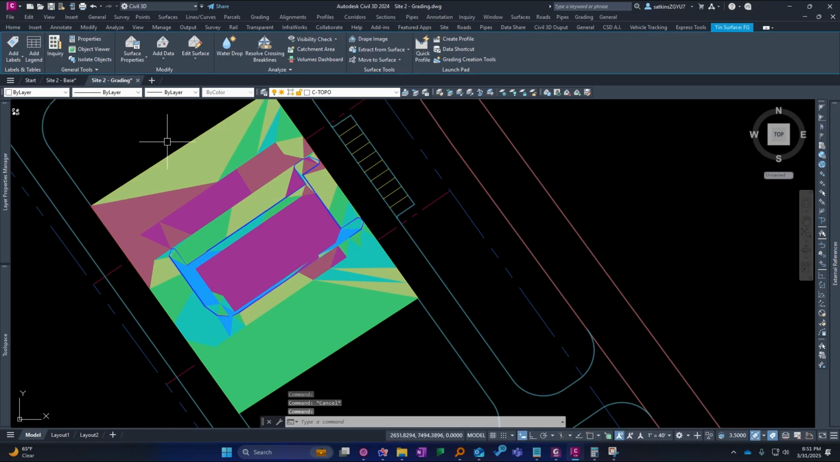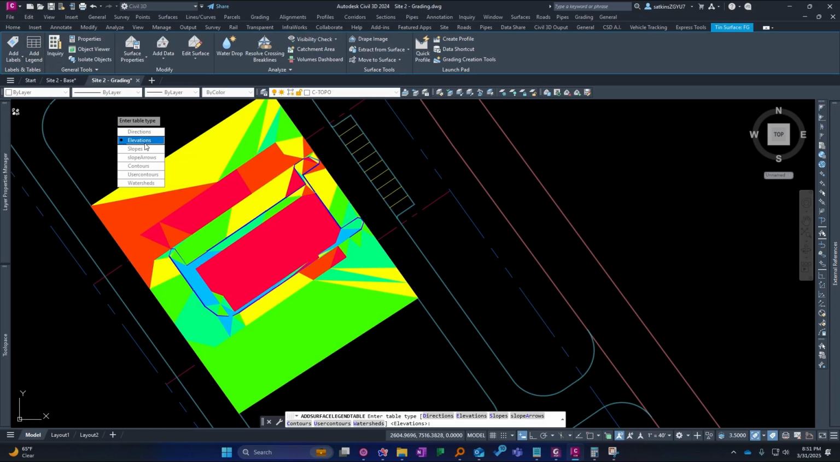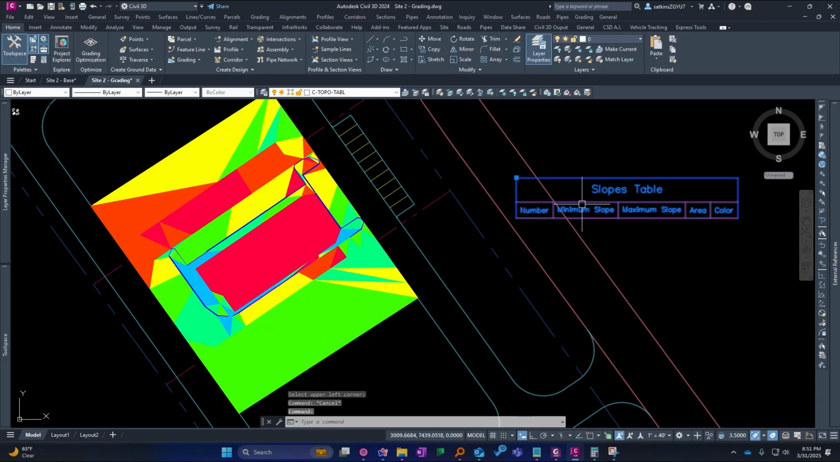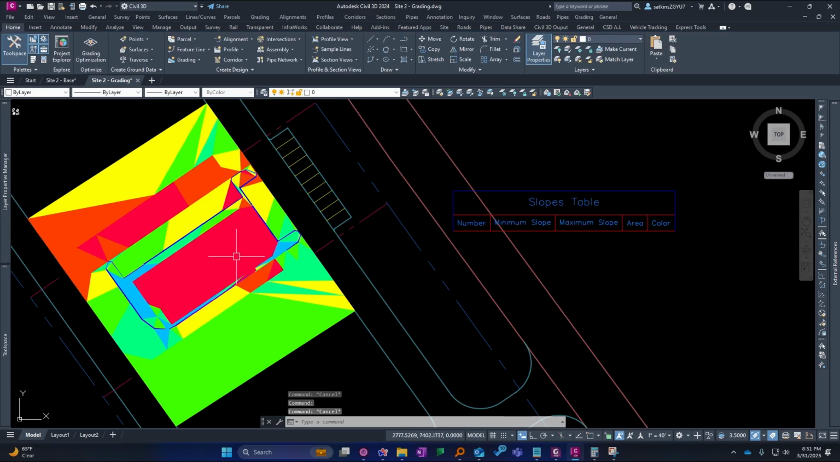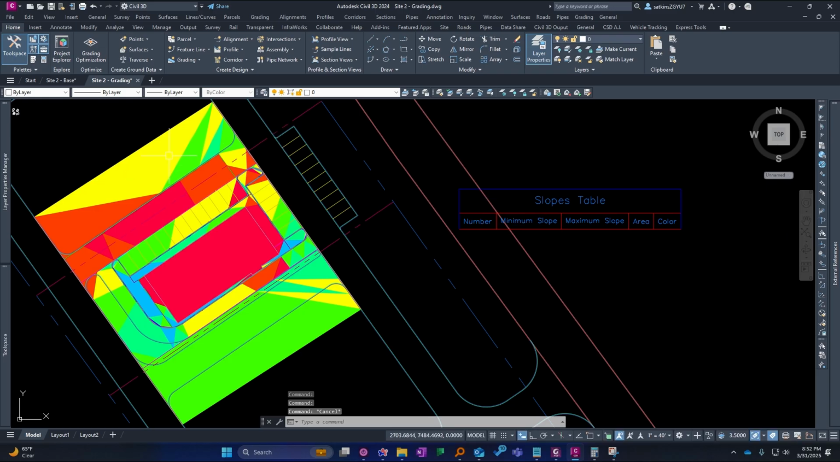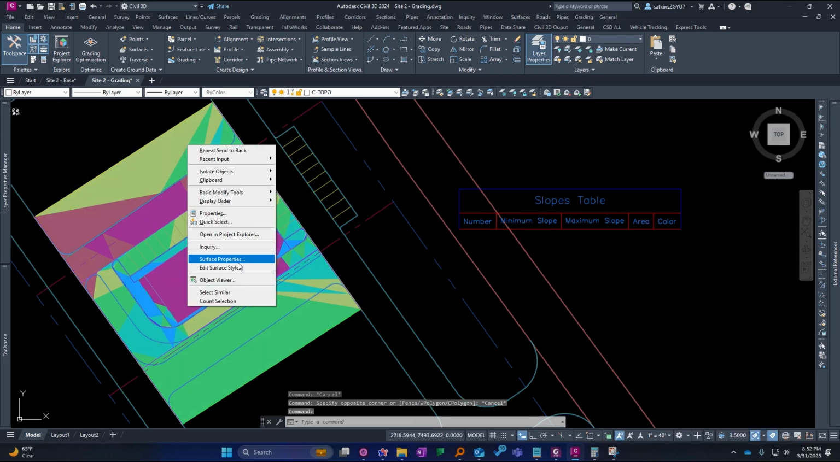And these colors don't mean anything. We can quickly create a legend here. Slopes. You can see it's actually blank there, so I'm not sure how it's coloring this. We have to set it ourselves. We're going to send this to back so it's behind everything, and then we're going to go in Surface Properties,